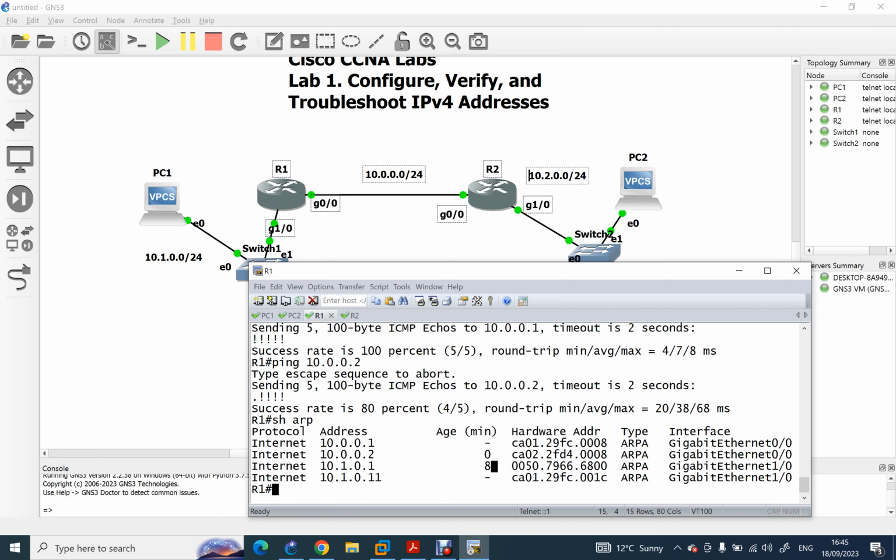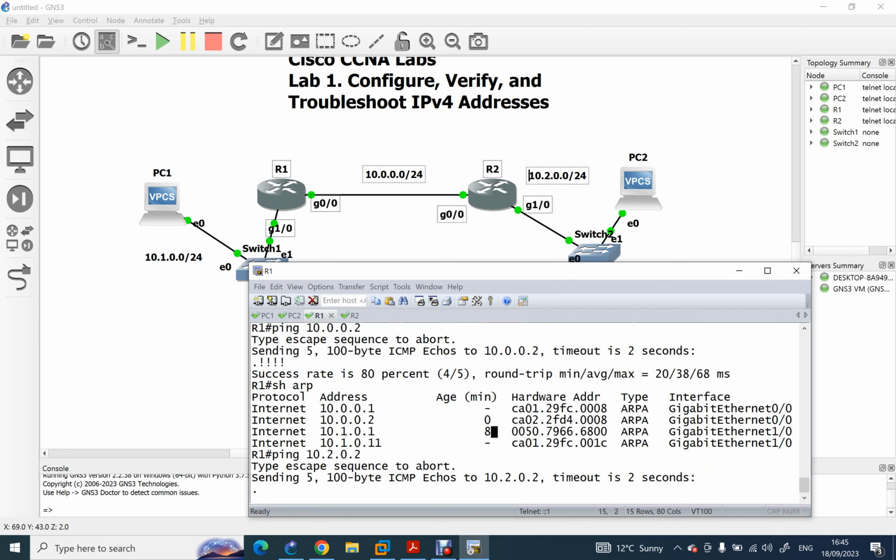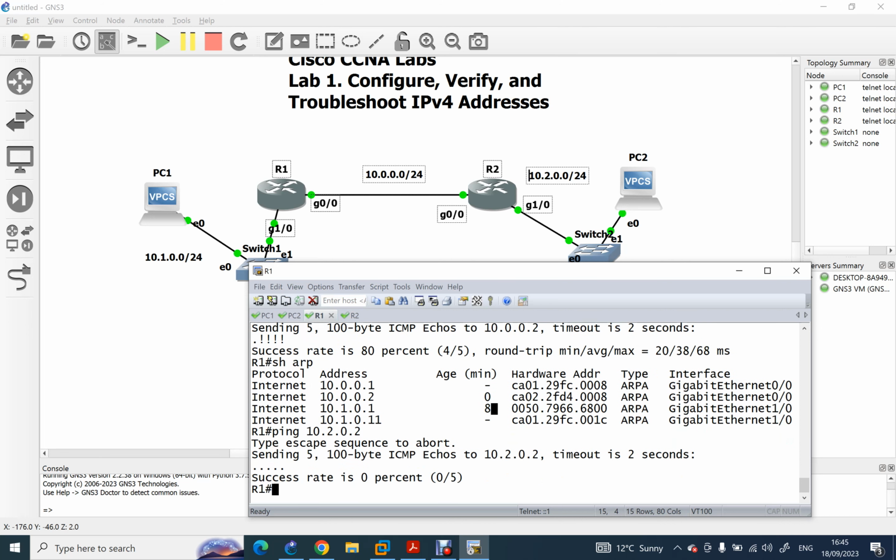MAC address of it. Now if we try to ping this segment right here, we cannot ping it because it's two different IP addresses, so two different subnets. Let me see. If I say 10.2.0.2, which is PC2, it will not reach it. PC1 cannot reach it. So it means now we configured it successfully,